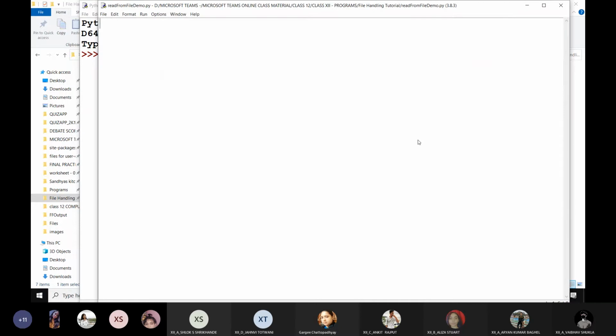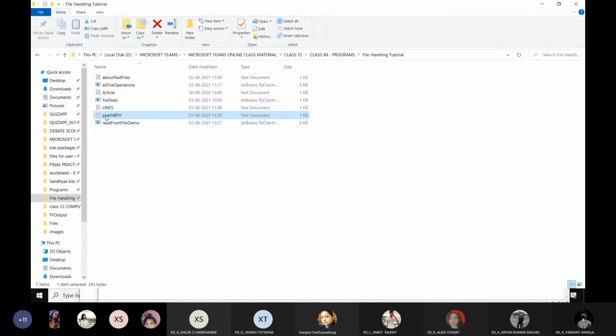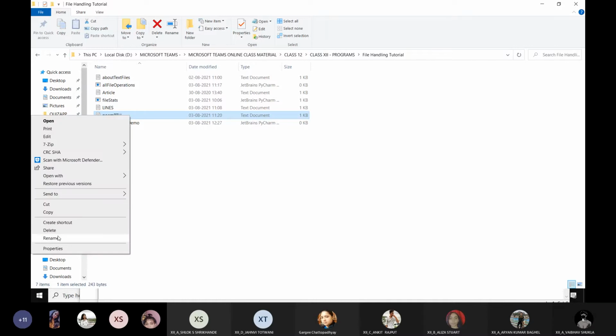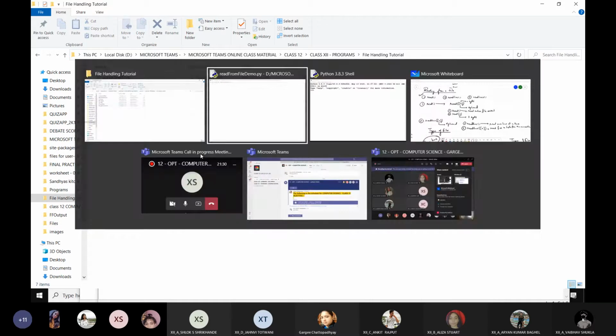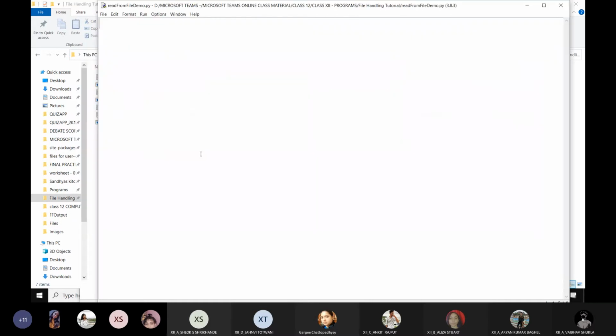So I've just given a name to it, and what I'm going to do is read content from this file. So firstly I need to check the name of the file, and you can see its name is poembth. You can right click on it, rename, and from here you can copy the name of the file if the name of the file is too long. And now I'm going to create a file object.